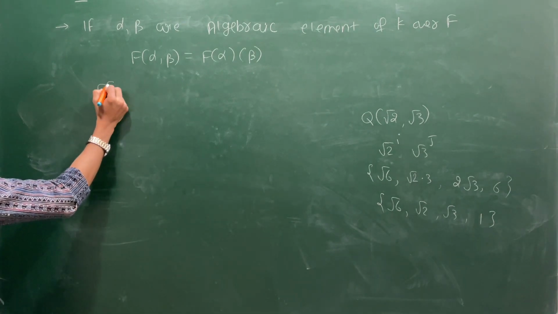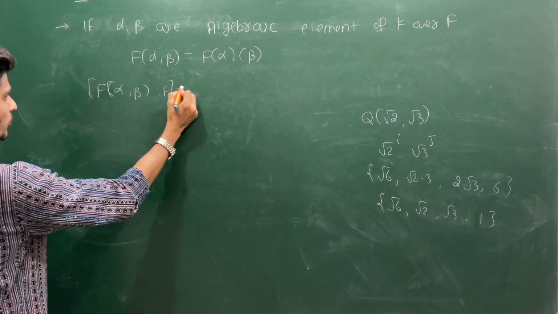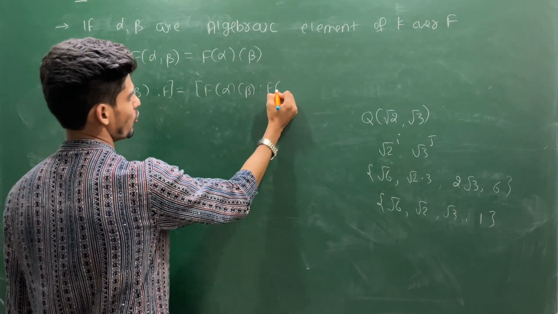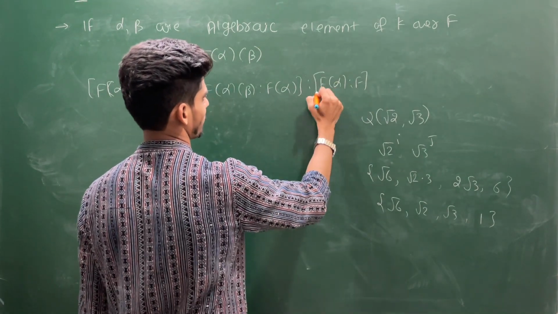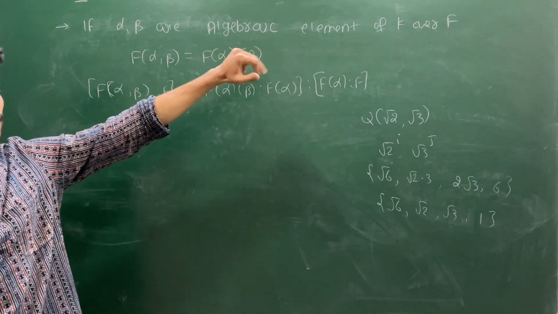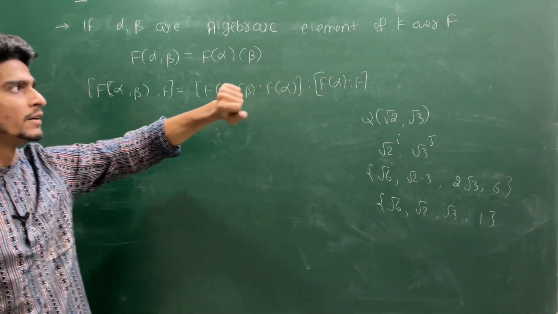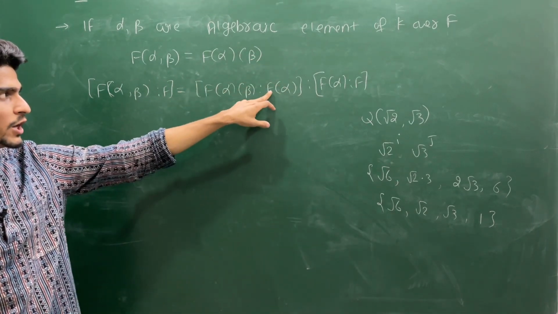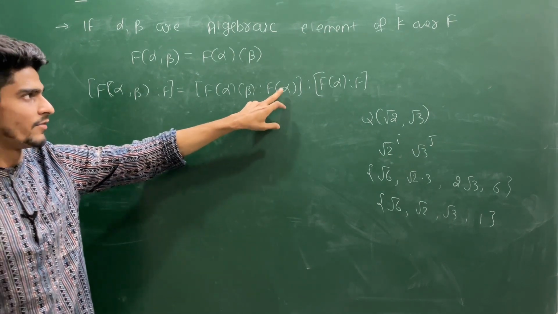If I want to find the degree here, say of F(alpha, beta) over the subfield F, then I can write it in this manner: F(alpha, beta) over F(alpha). This must be finite because alpha and beta both are algebraic elements over F. So alpha has a minimal polynomial over F, which must be of finite degree. And if I take the minimal polynomial over F(alpha), that must have some finite degree,